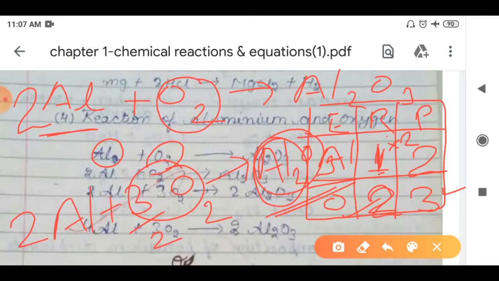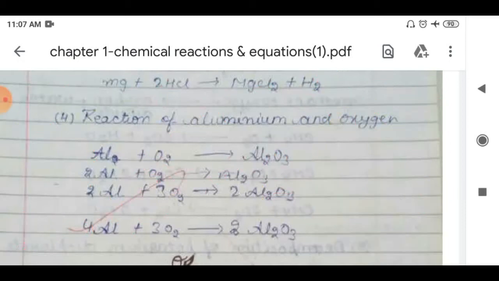Is it clear? It means in the balancing of chemical reactions we have to make the atoms present in the left hand side as well as in the right hand side equal anyhow, right? So this is one way by which we can balance the chemical equation, right? But let me try to understand another way.